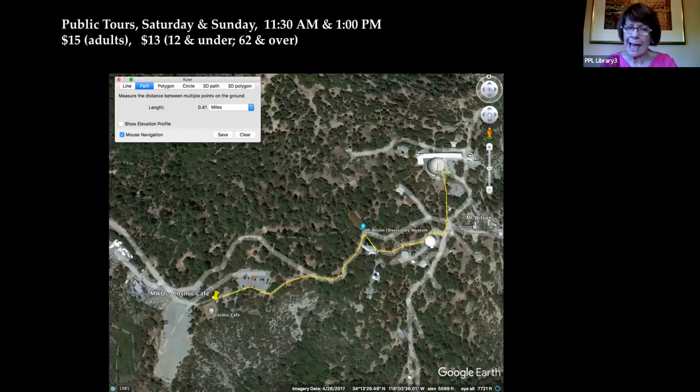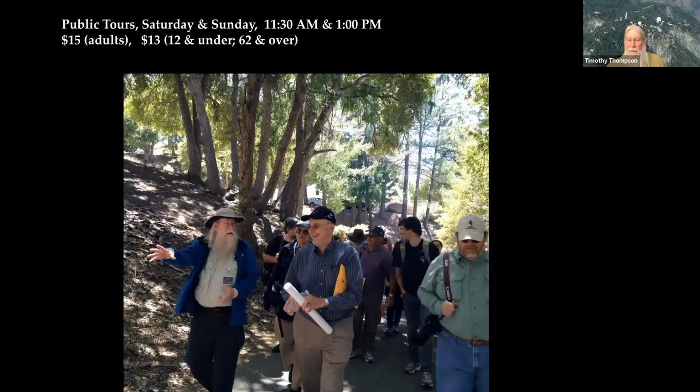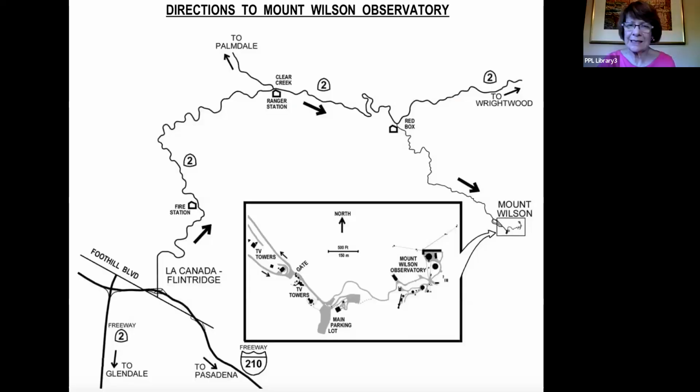How long should we allow on the road? That's kind of difficult to say, because on some weekends it's very busy. During the week, you have people going back and forth to work. I would say it takes me roughly 35 to 40 minutes, probably 40 is better, from the foot of the Angeles Crest up to Mount Wilson,